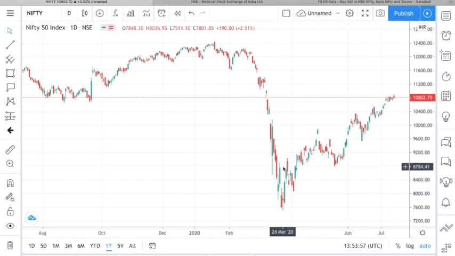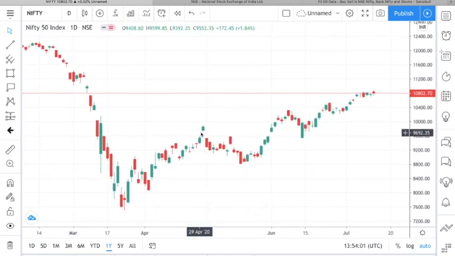So in this case, let's pick up this candle, the one on 30th April. Here you can see this is a green candle, which basically means that the close was higher than the open and the high is on the top part of the wick. The high will always be on the top part of the wick, but for a green candle, the close will be the upper part of the body and the open will be the lower part of the body. And it's the exact opposite if you talk of a red candle.